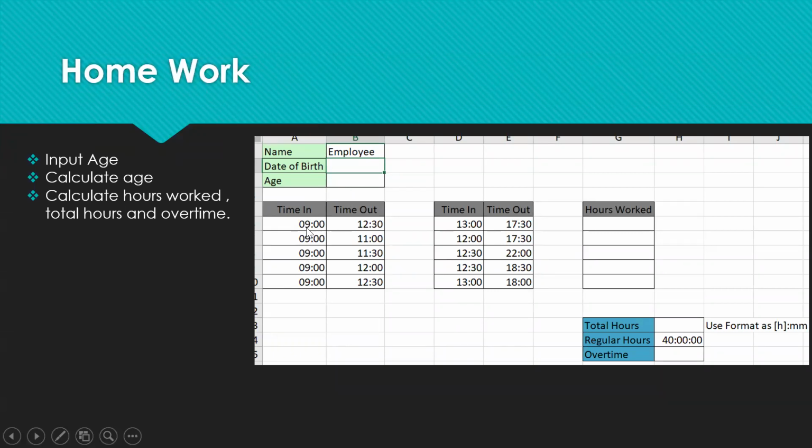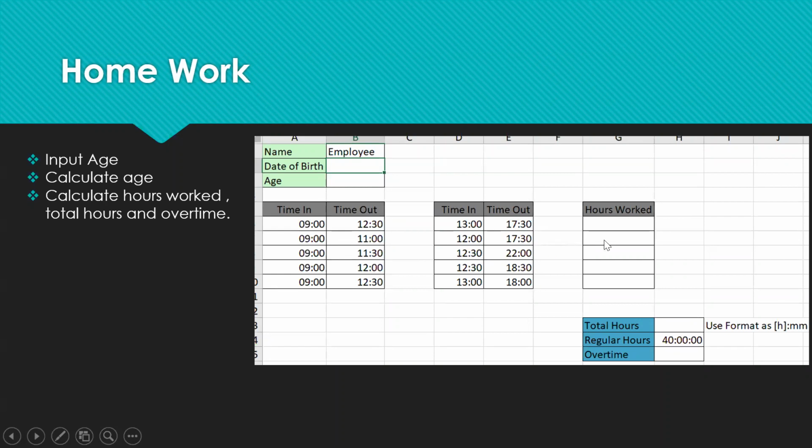Apart from that, you can find the hours worked. There is a formula to calculate the difference in times. This time and this time you can find. 9 to 12:30 is 3.5 hours, and 3 to 7:30 is 4.5 hours. So totally I would have worked 8 hours per day.